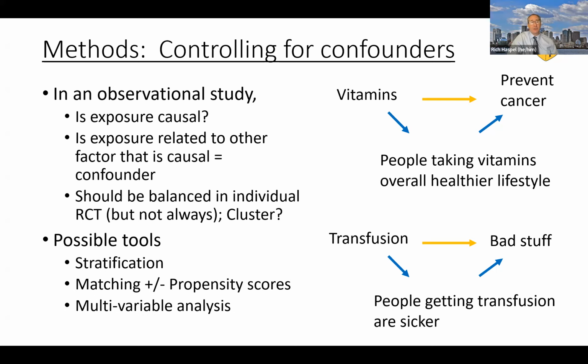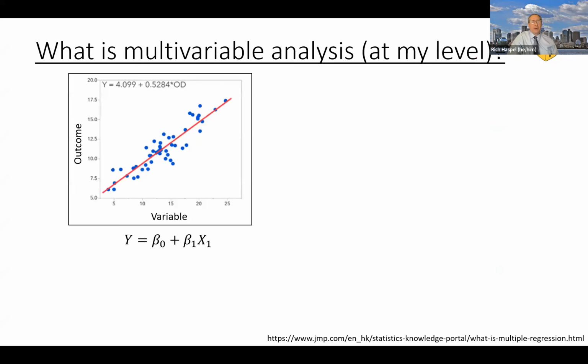And there are possible tools that you can use to control for these. Probably the most common is multivariable analysis. You can only do stratifications for a small number. So anyway, a little bit about multivariable analysis at my non-statistician level. When you talk about linear regression analysis, you're saying you've created a formula, a line, based on an outcome and a variable. So y equals mx plus b. For example, for your study, you could have as the outcome deaths at 24 hours, and then there might be a linear regression model with the variable based on age, for example.